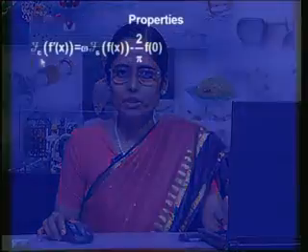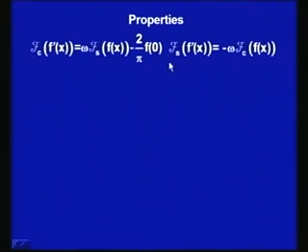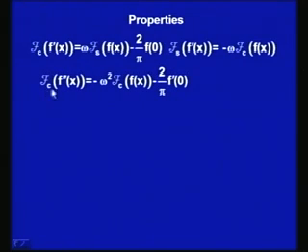So, this is one important property which we have to recall. The Fourier cosine transform of the first derivative is nothing but omega times the Fourier sine transform of f minus square root of 2 upon pi f(0), and the Fourier sine transform of the derivative of f is minus omega times the Fourier cosine transform of f. Fourier cosine transform of the second derivative, if I just go ahead using it here again with